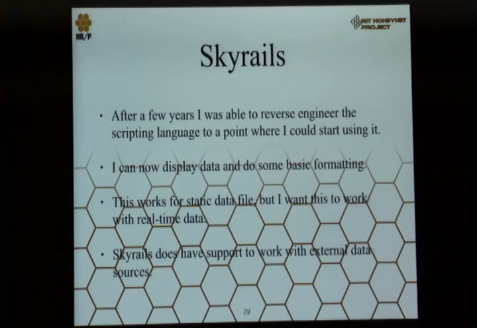So I can at least display data and do some basic formatting. It works great with static files, so I can make a script to get everything in the right format, dump it into the SkyRails scripting file, and just have it load that static file, and it works wonderfully.